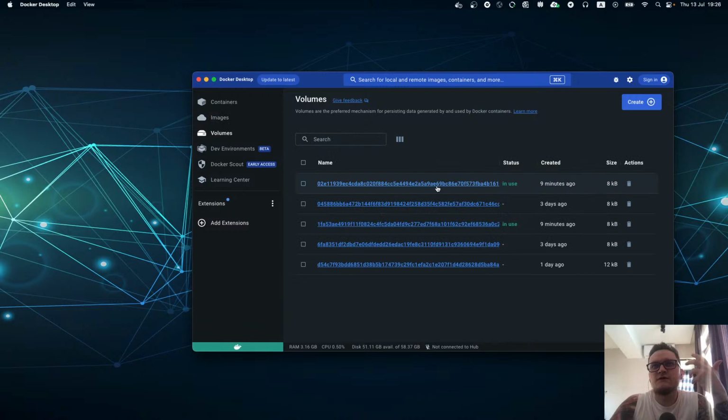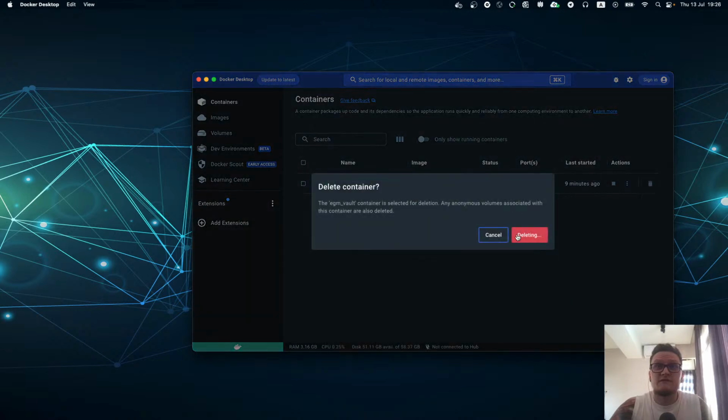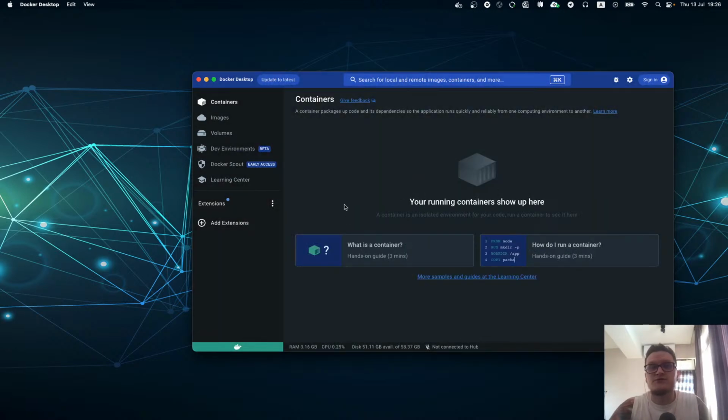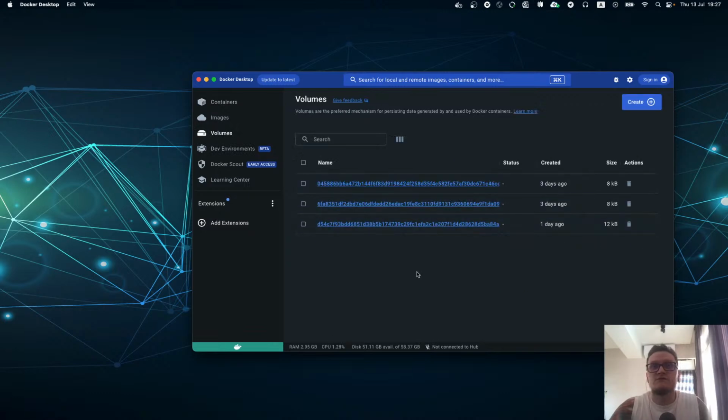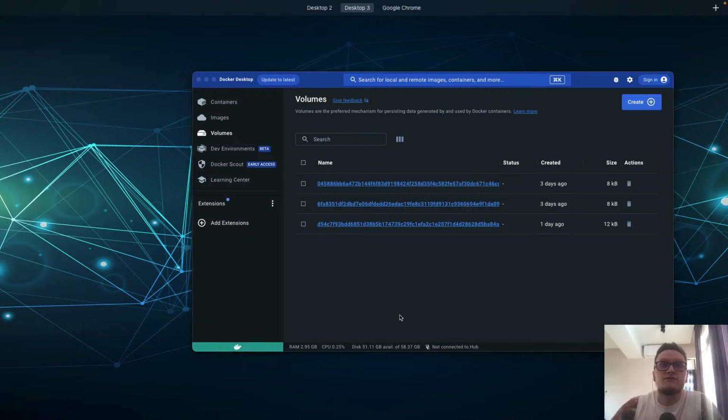Because I use volumes, I can just tell my new container to use this volume, and it will just use it. So you can get rid of containers all the time. That's actually what I do every time. When my PC is lagging sometimes, I can just remove my container and restart it again, and I'm pretty sure that all my data will be inside, because I'm using volumes. That's how volumes work.